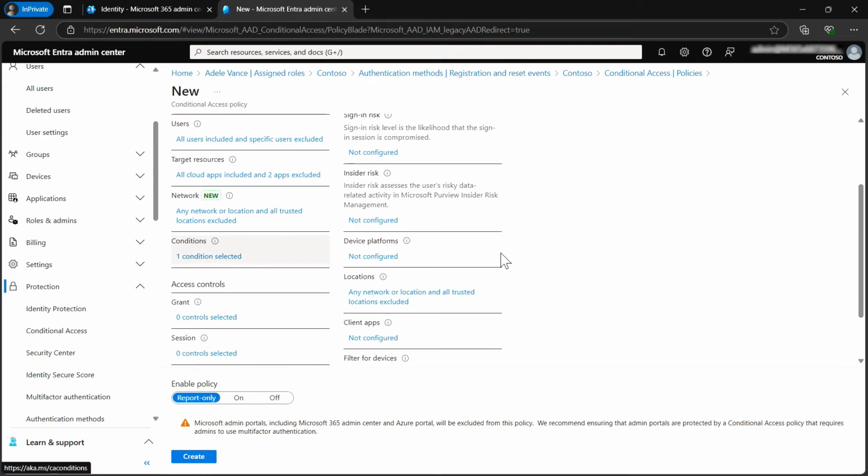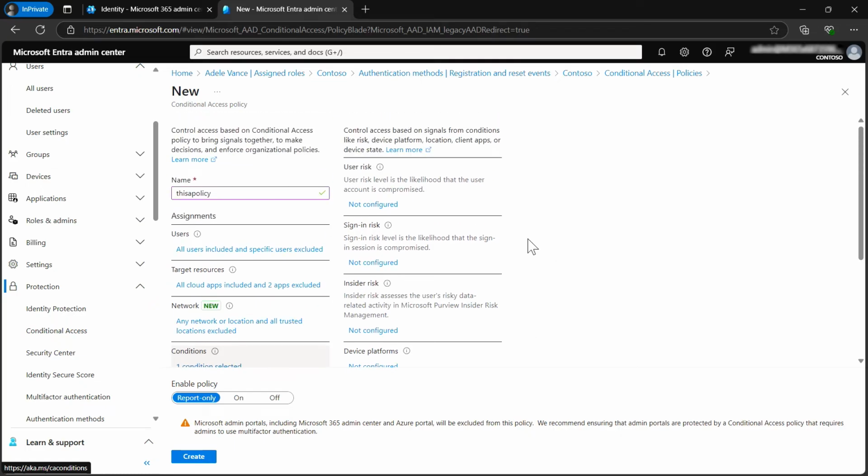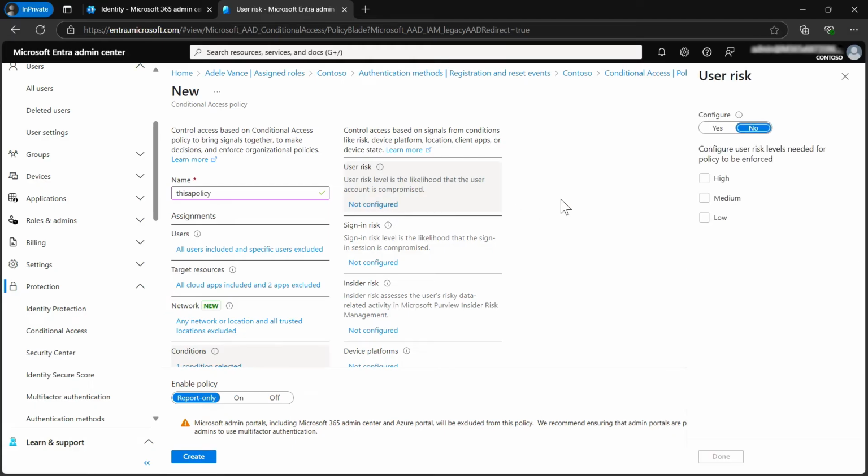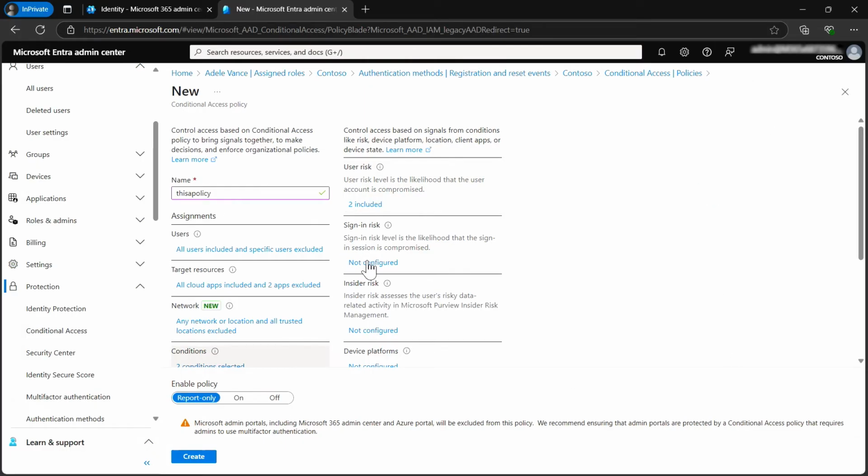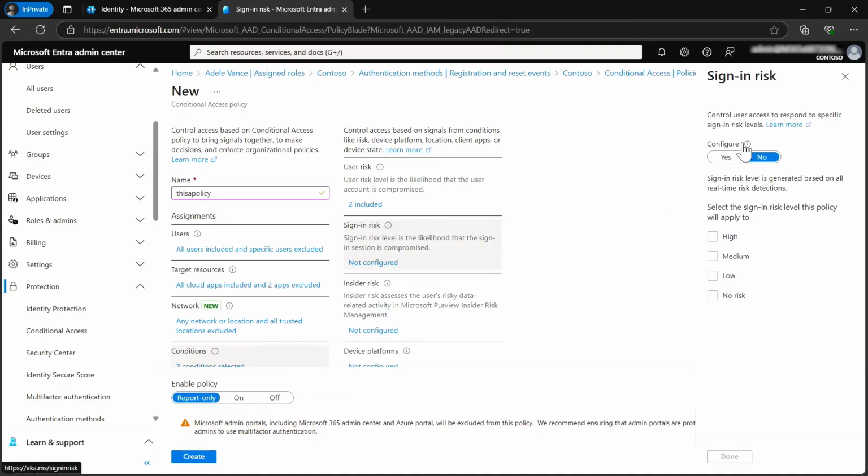In conditions, I will find also the location, which impacts the network also, but I could find other access controls. For example, user risk. I could configure it and say, okay, I want to apply it for high and medium user risk. I could look into the sign-in risk, and we already explained in the course what it does. So high and medium, for example, risks,